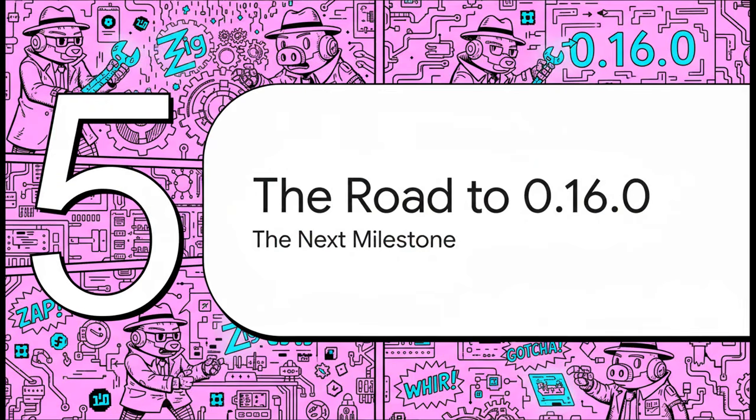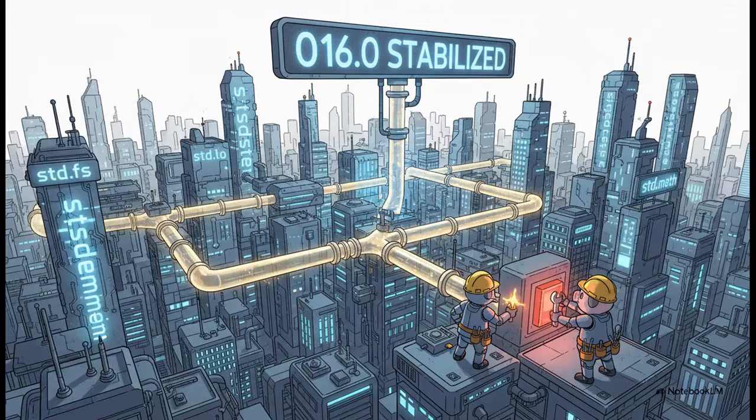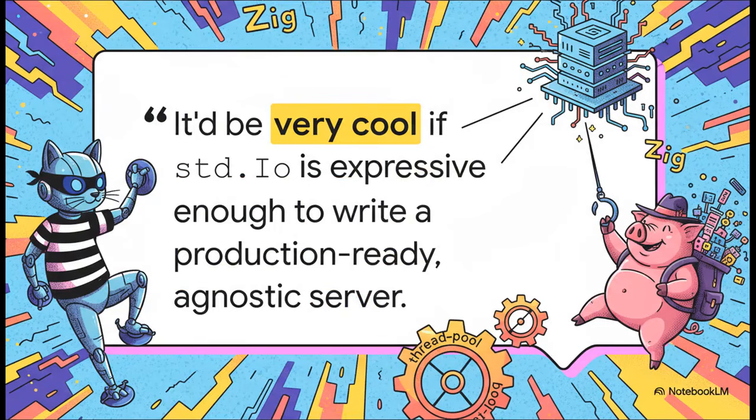So, with this new system taking shape and proving itself, all eyes in the Zig community are now on the next major milestone for the language, the official 0.16.0 release. This release is basically the culmination of this entire long journey. This is the moment when the std.Io interface goes from being a promising new idea to being the official, stable, and recommended way of handling all input and output across Zig's entire standard library. It's a huge step. And the excitement in the community is palpable.